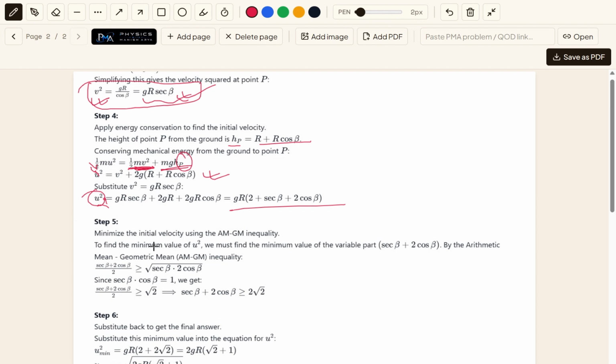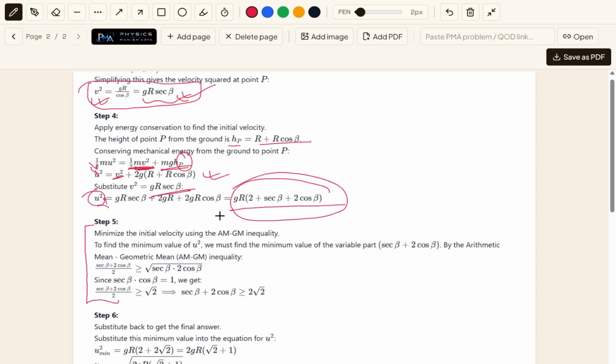Then we have to find the minimum value of U, right? How to do that? How to find this minimum value of U? V squared we have substituted from there. V squared is GR sec beta, you have substituted. And then U as a function of beta you got. And you have to minimize. So one way is, in order to find U minimum, apply maxima minima, like d(U squared) by d beta equal to 0. This is one way. The other way around is